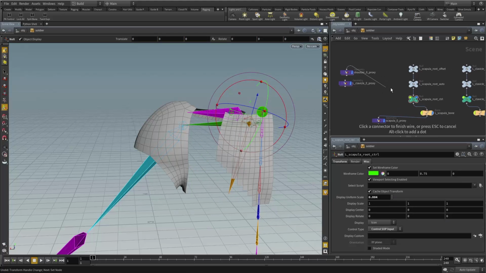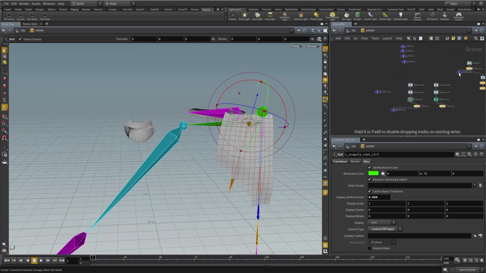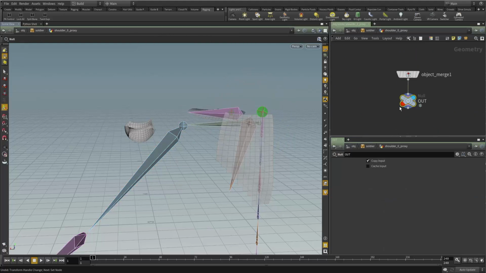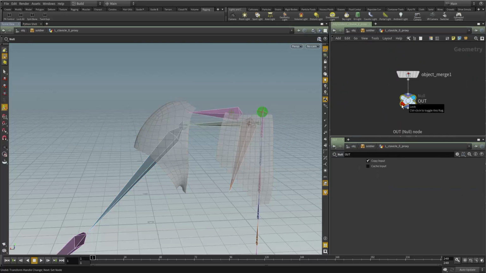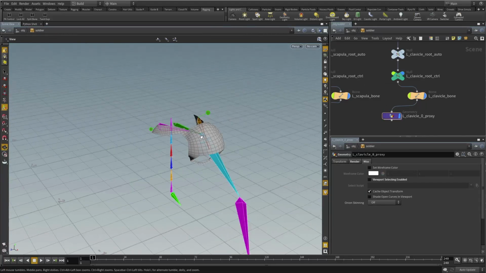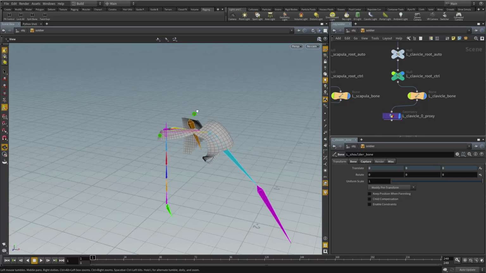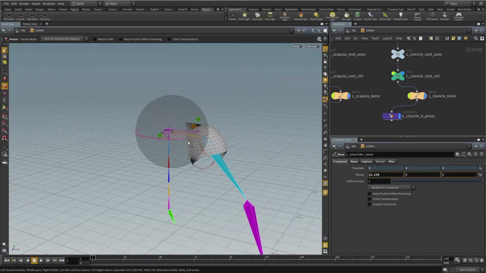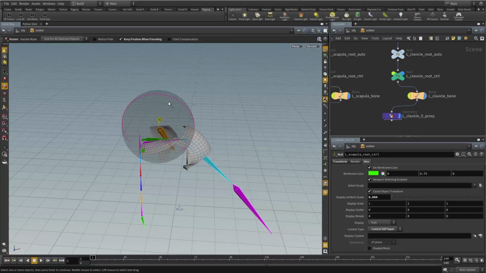So I can do the same for the shoulder. Where's our shoulder? There. Move that up to there. And the clavicle. Great. So now if we rotate our shoulder bone, see that that shoulder proxy follows along. And the same with the scapula